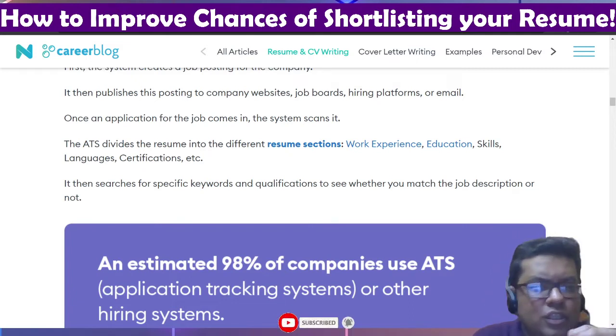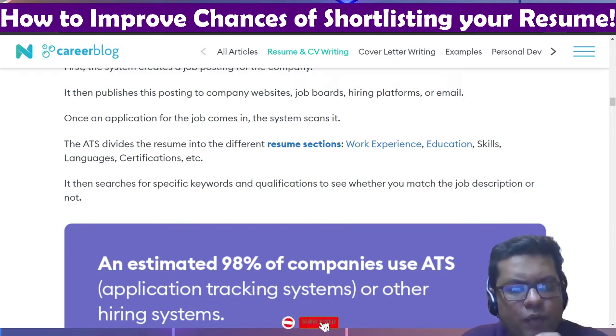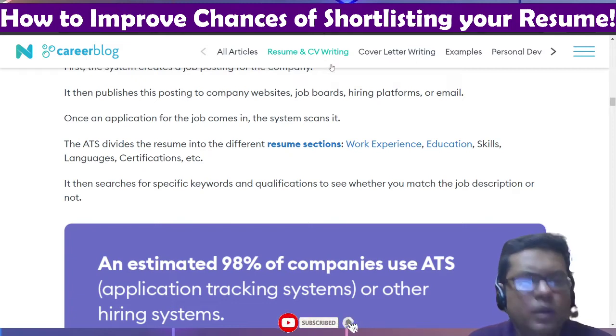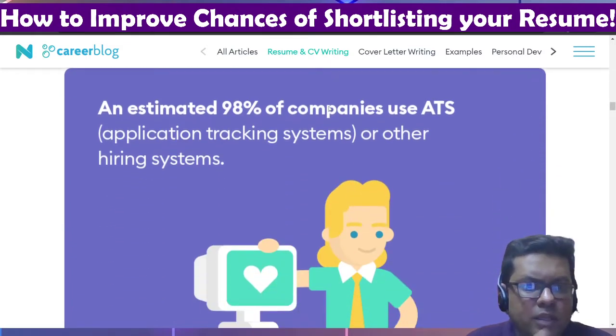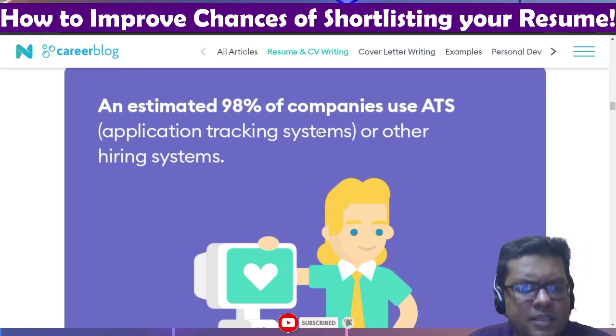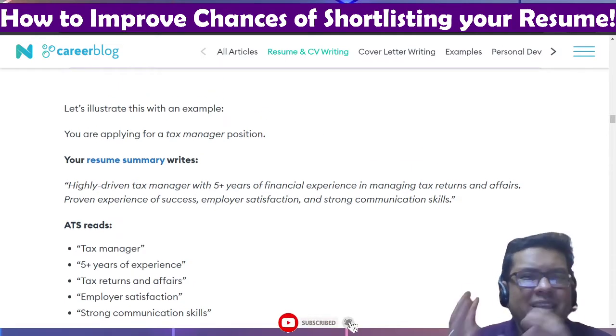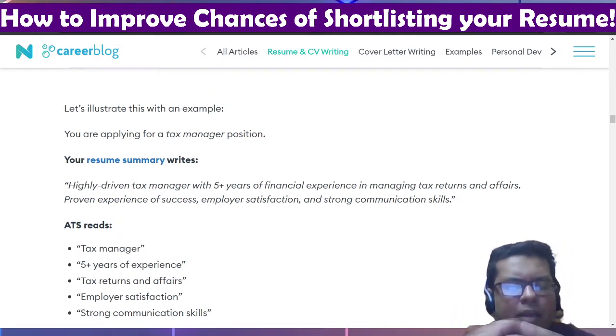It then searches for specific keywords and qualifications that match the job description, and if they match, then there is definitely a higher chance of you getting a call. You can clearly see the majority of companies are hiring using application tracking systems. Let's quickly get on to another important thing: how the ATS works and how you can make your resume ATS